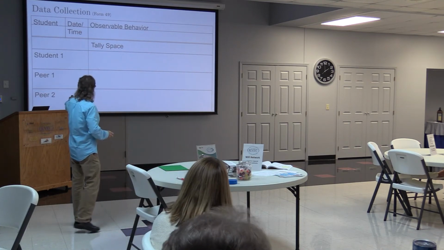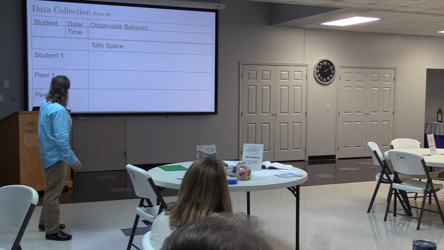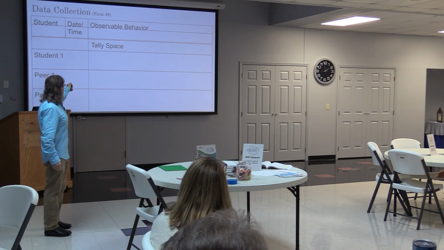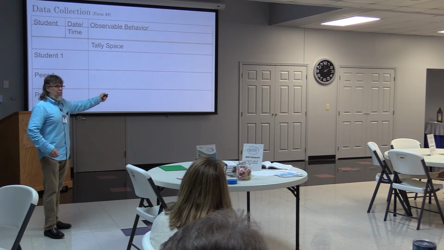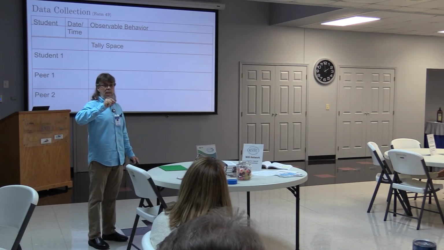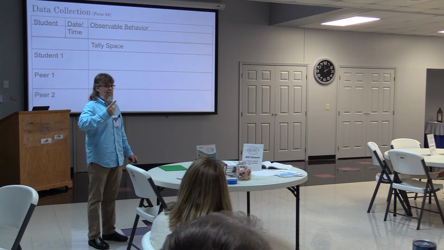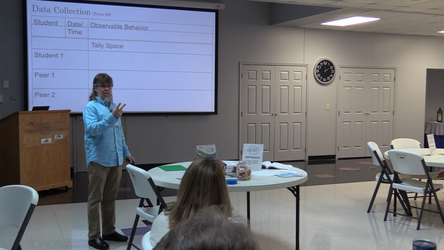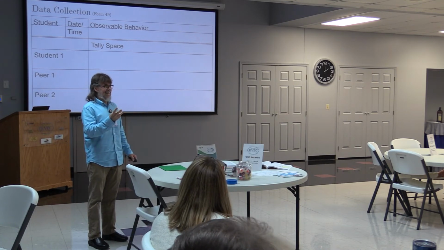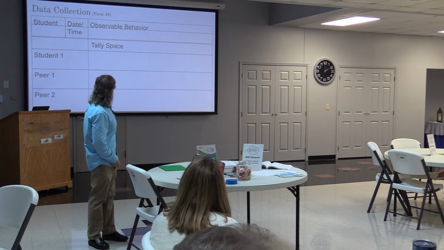The other thing is a data collection form. We talked a little bit about that ABC form. This is one for when we're looking at an observable behavior. Remember, we said an observable behavior passes that stranger test. You have to be able to tell what that behavior is. Angry, is that an observable behavior? No. Throwing chairs, can I count how many times that happens? Can I see how far that chair went? We all agree that that's throwing a chair. So what is that observable behavior?